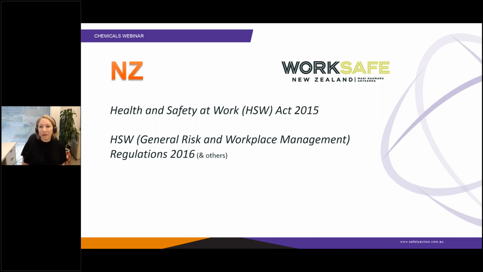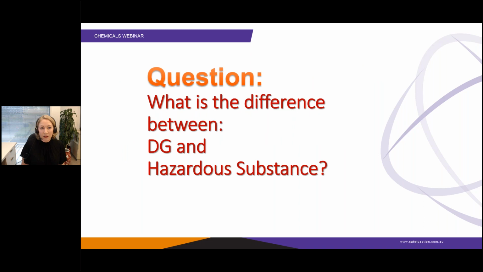So now that I've told you what the main laws are called, it becomes important to understand what the chemicals are which are covered by those different laws. Firstly, let me explain the difference between DGs, dangerous goods, and hazardous substances. It's important to note in Victoria we use the term hazardous substance. Many of the other states in Australia have gone away from using the term hazardous substance. I'll tell you what they call it in a moment.